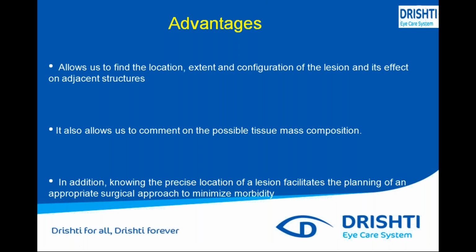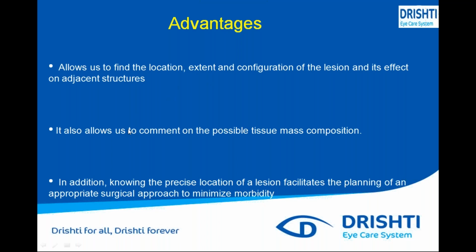So what is the advantage? Why should we do a CT scan of the orbit? It allows us to find the location, extent, and configuration of the lesion, and its effect on the adjacent structures. Whether the mass is located in a single place, or the adjacent structures are also involved in it, and the exact location, the size, the configuration and shape, everything is measured by